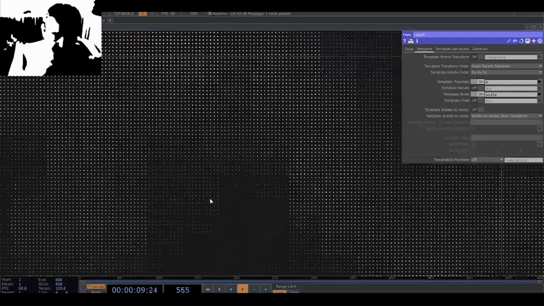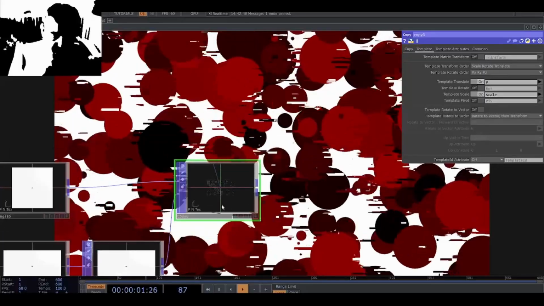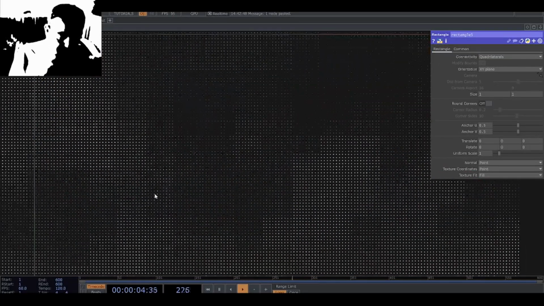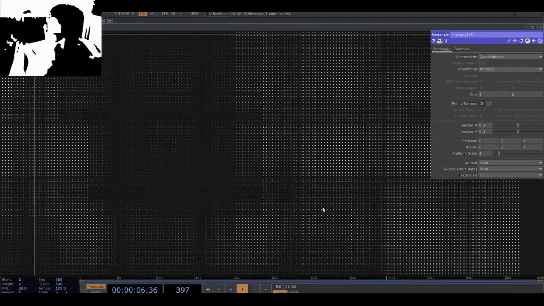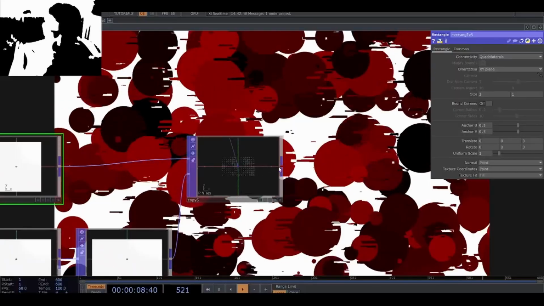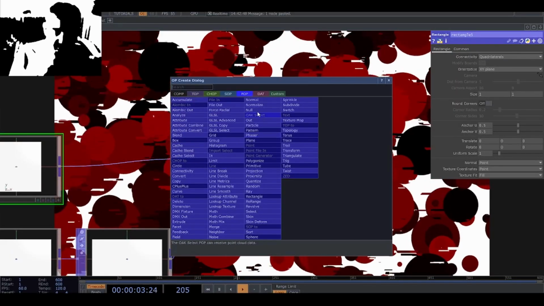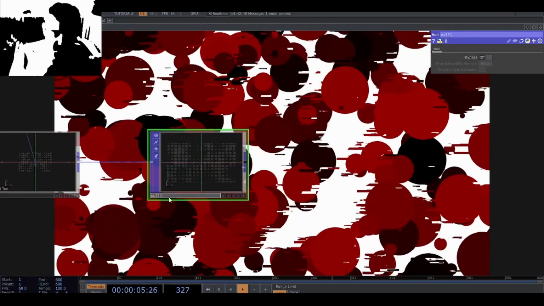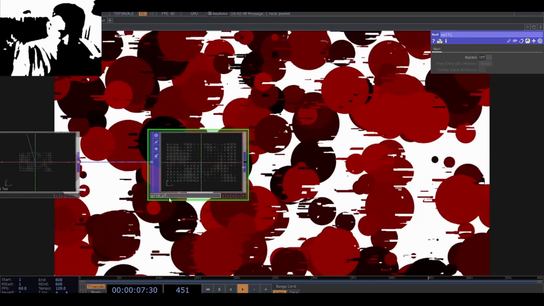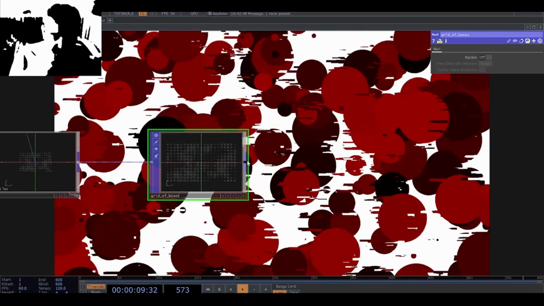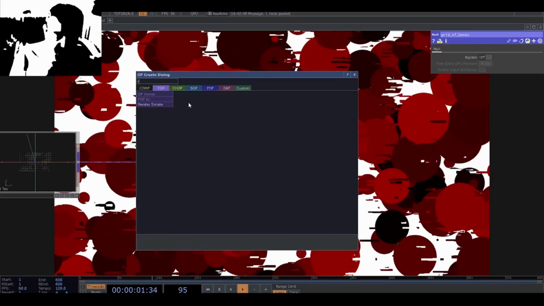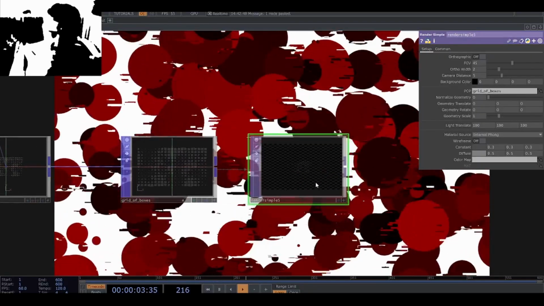Yeah, that looks kind of nice. Cool. And this grid itself, yeah, I'm already quite happy with this actually. So I'm just gonna connect this to a null. We'll just call this the grid of boxes